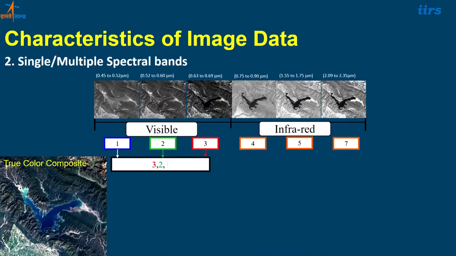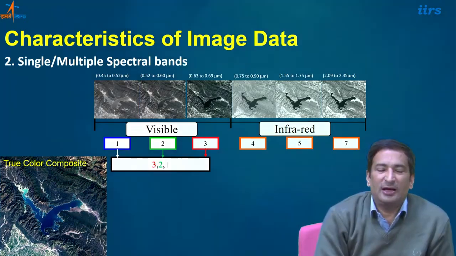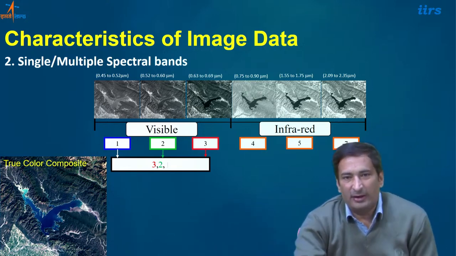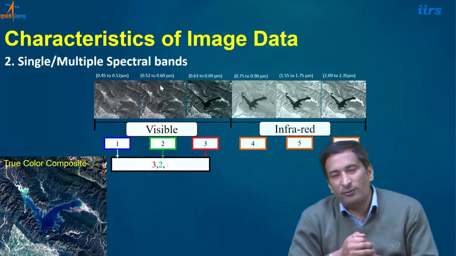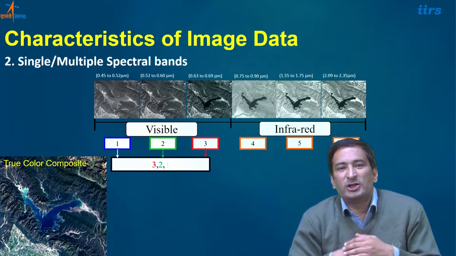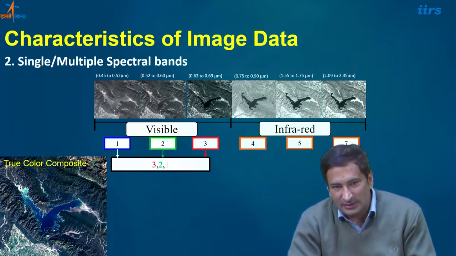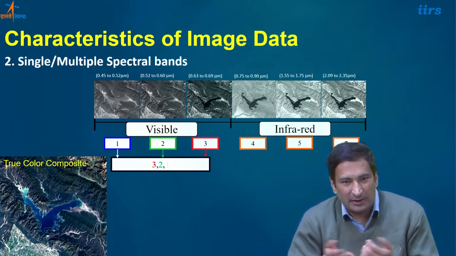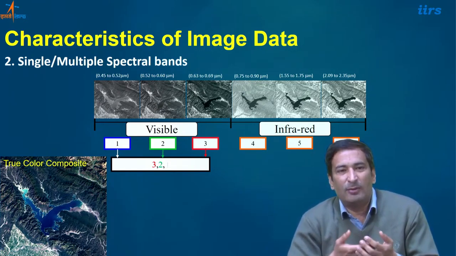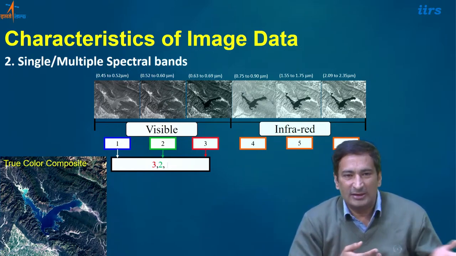The second characteristic is that satellite images, or any photograph, have multiple bands, which we call spectral bands. You should also know how many spectral bands are there in your image, and you should write one line of code for that. Like a normal color photograph also has 3 bands, RGB: red, green and blue.